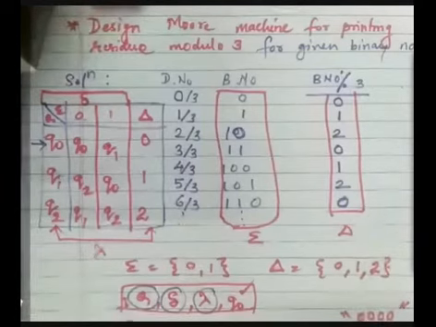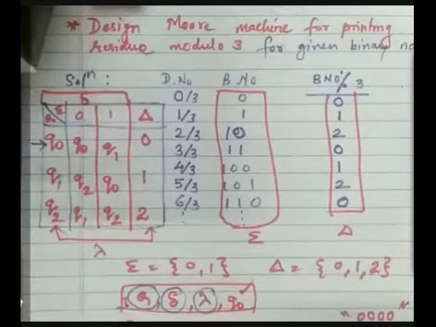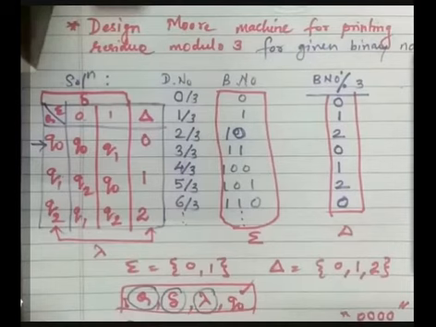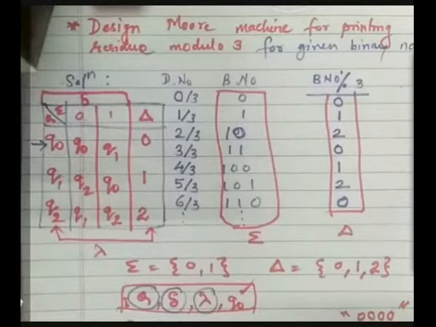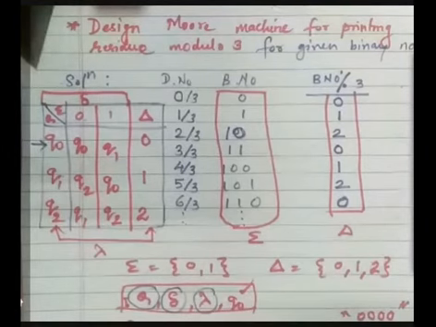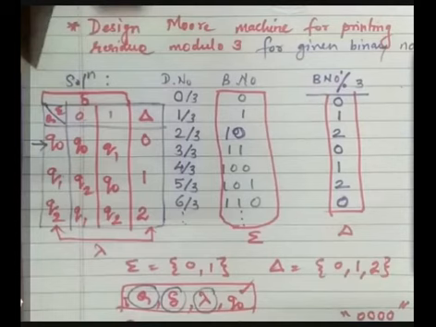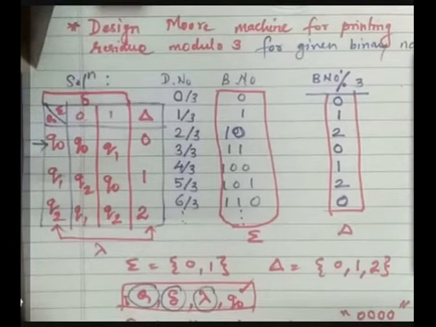We need to design one more machine, Mealy machine. I'll give you the homework for designing Moore and Mealy machine on the classroom. But now I want to discuss how to design Mealy machine, because again we had interconversion. So next lecture, I'll be discussing interconversion of Moore and Mealy machine, that is Moore to Mealy and Mealy to Moore. Generally a question comes on that: convert a given Moore machine to Mealy machine or Mealy to Moore machine, or design Moore as well as Mealy machine for the given problem. Okay, so I hope this is clear to you. Is it?